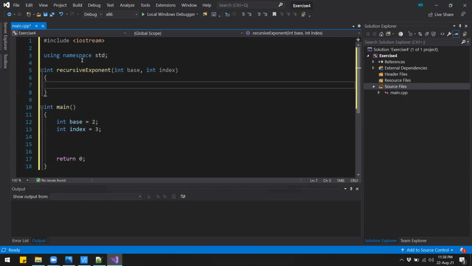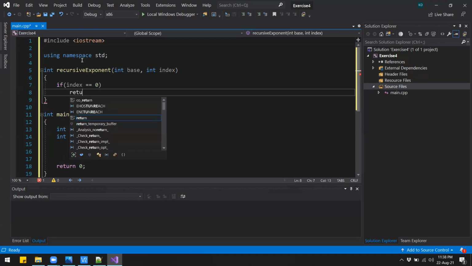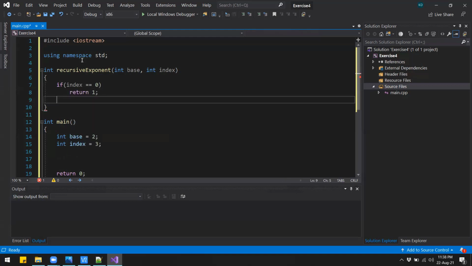We know when the index becomes 0, then the base power index should be 1. So we can say if the value of index is 0, then we have to return 1, right?